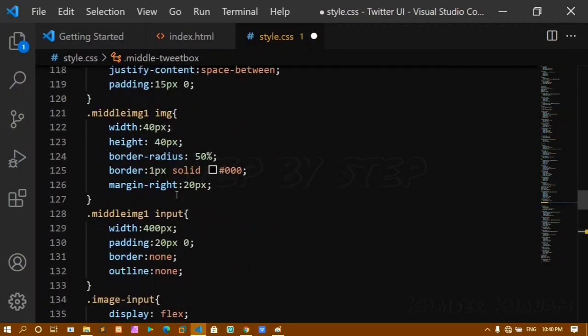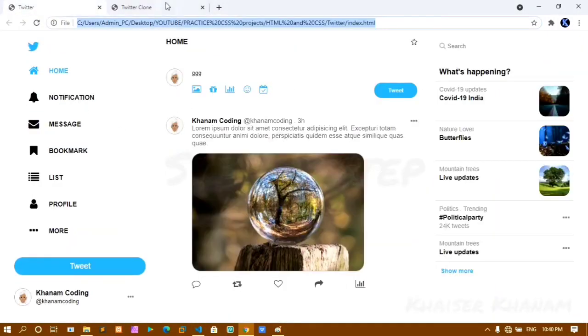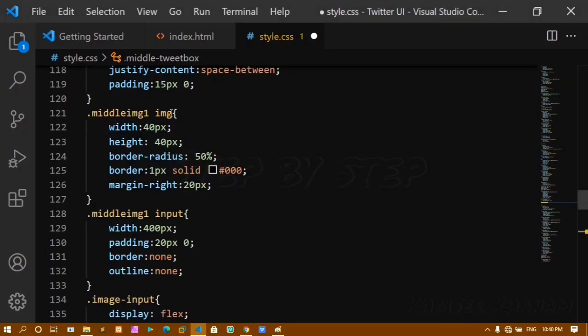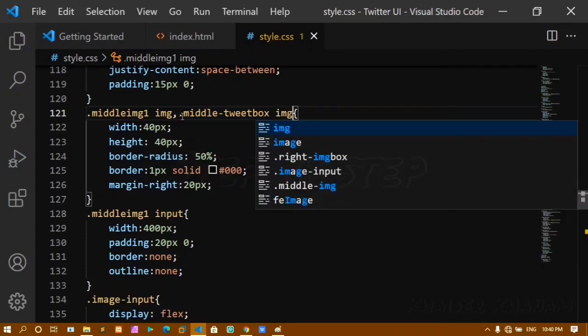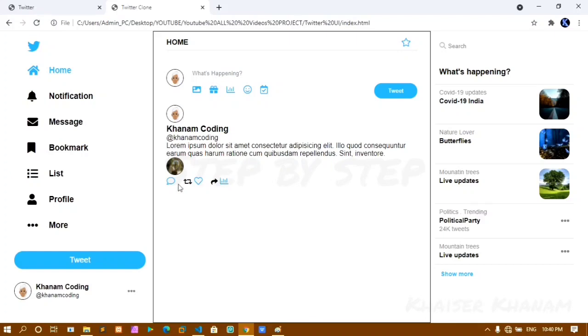I'll come to this image and paste my class there, that middle tweetbox class, and I'll give the image tag. Now I'll save this. If I refresh this one, you can see the styles have been applied.